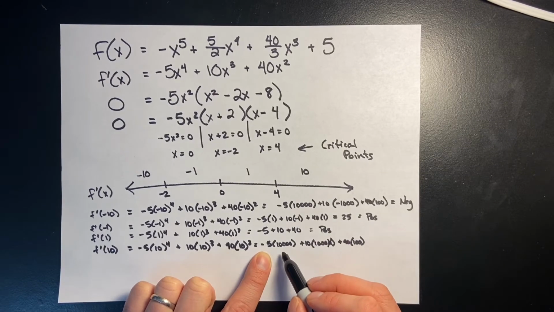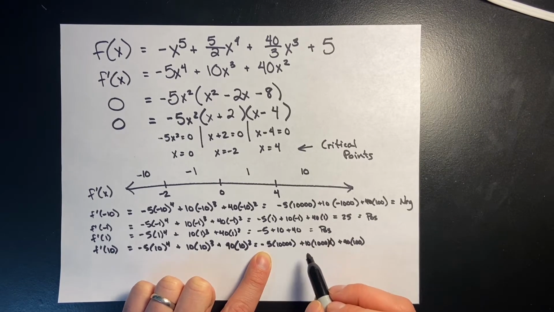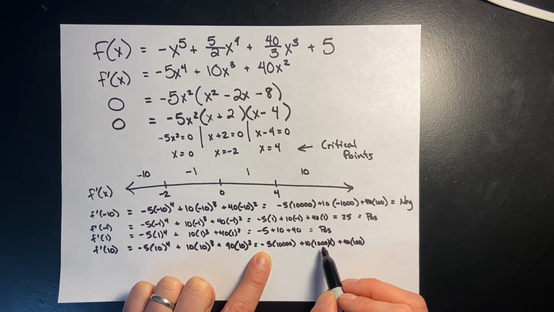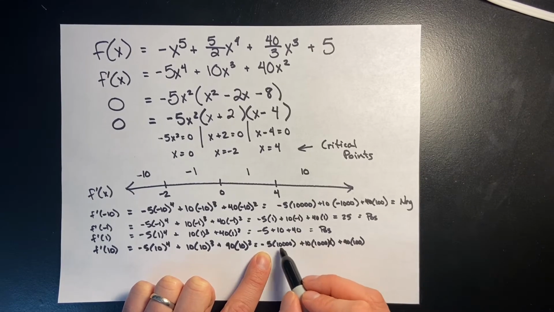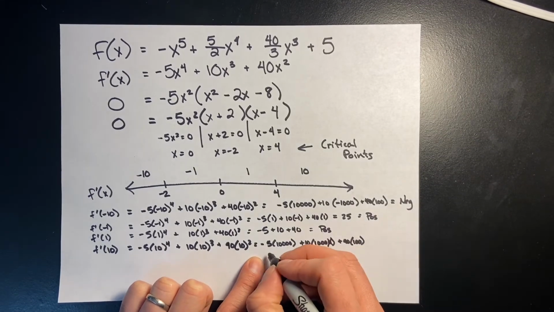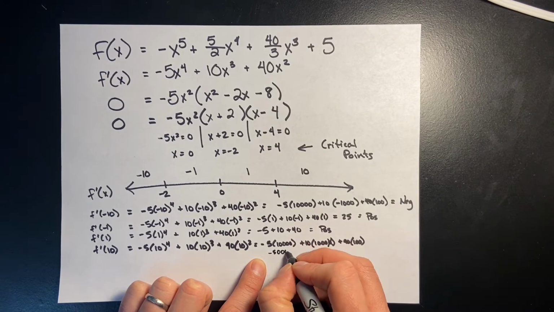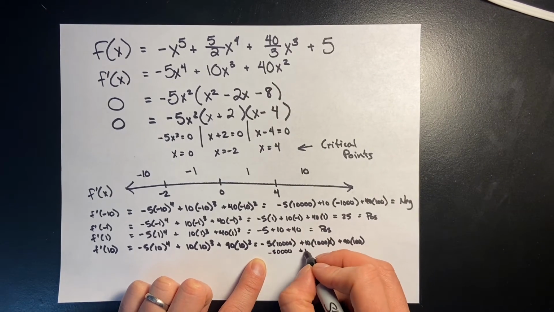-5 times 10,000 is -50,000. 10 times 1,000 is 10,000. Okay. So I already have negative is more powerful by a lot. Let's just write it down. -50,000. I don't know why I'm doing too much in my head. Plus 10,000